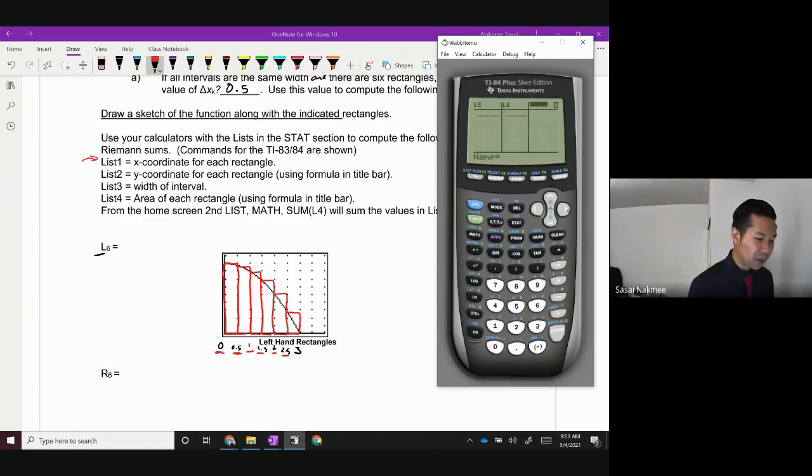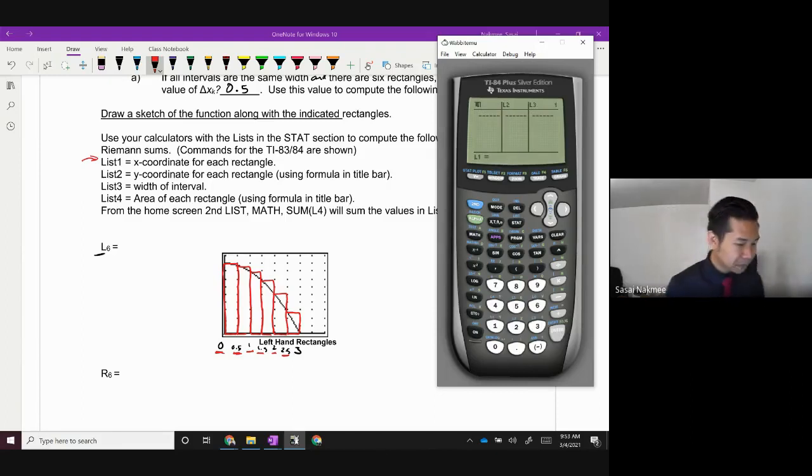If you do this, by the way, how do you bring it back? To bring back a list you've deleted, you see above delete there's the word INS. INS stands for insert. I'm going to go over to L2 right here, hit second, and hit INS to insert a list. You see right now that list is empty because it doesn't have a name. You get to name the list. You can name it whatever you want, but for convention's sake, I'm going to put L1 back, and L1 is in blue over the number 1. So I hit second and 1, name it L1, press enter, and L1 is back.